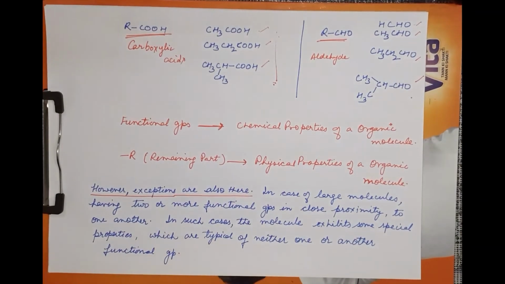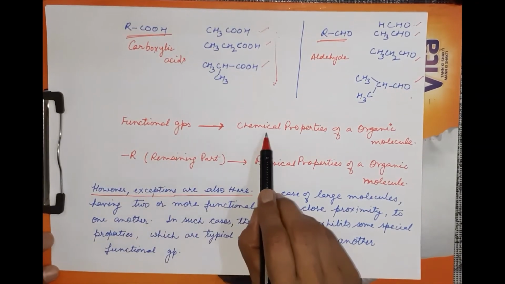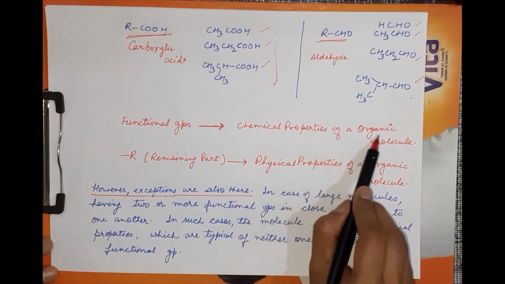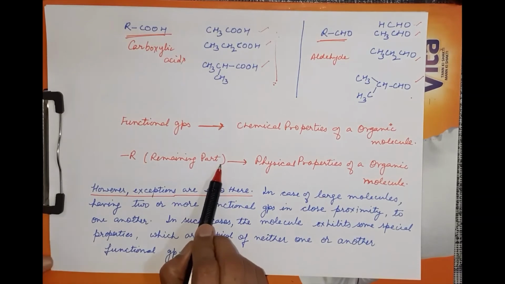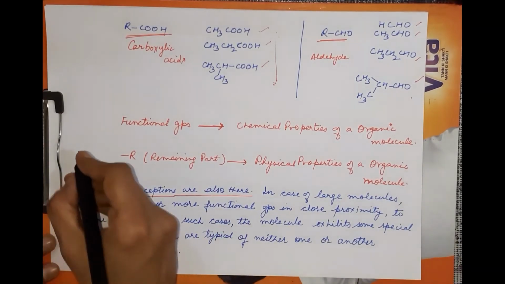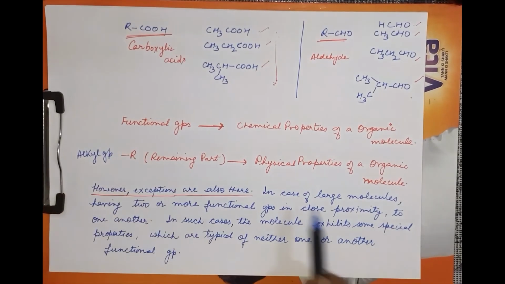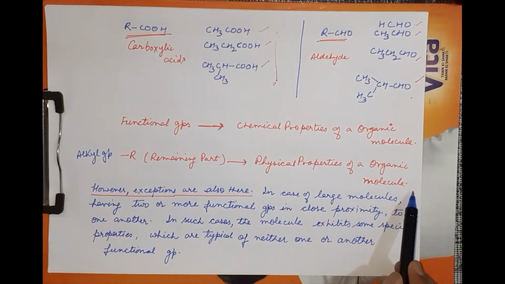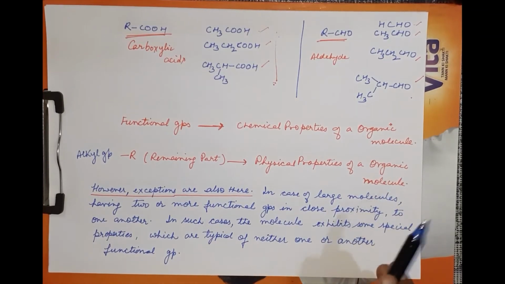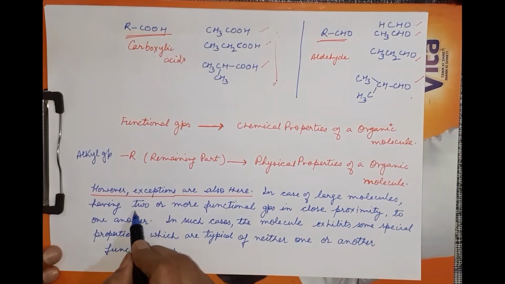So in a nutshell, we can say functional groups are responsible for the chemical properties of the organic molecule, and the remaining part, the alkyl group, is responsible for the physical properties of organic molecules. But some exceptions are also there in the case of large molecules having two or more